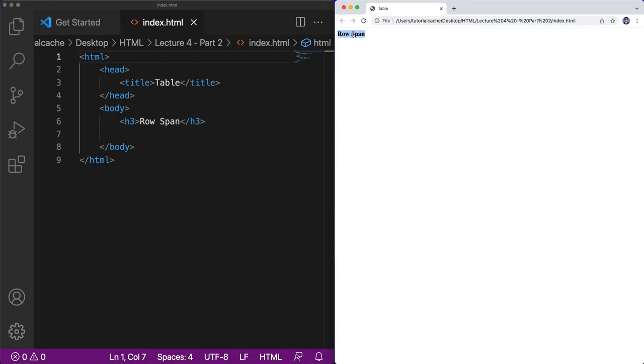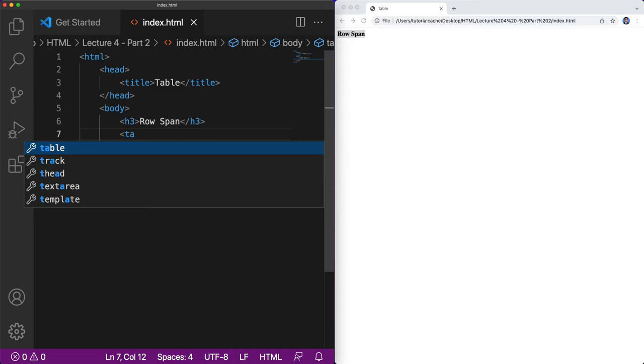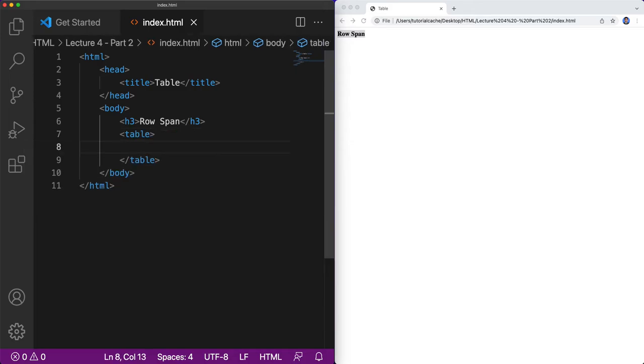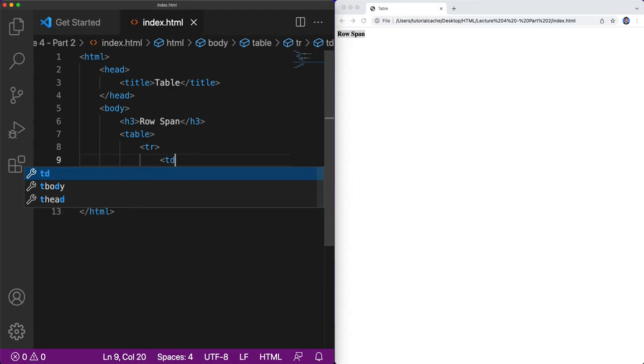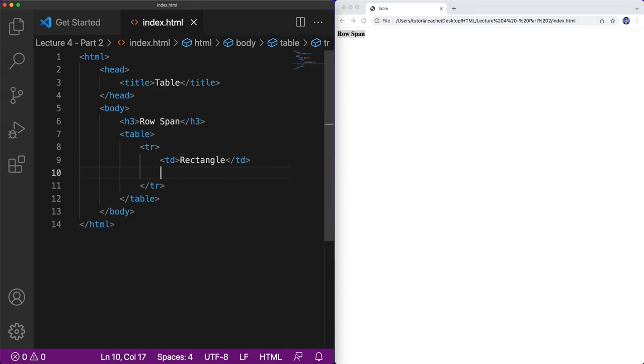To understand row span, let's first create a simple table, and in that table we will create some data inside the rows. For example, in the first row, we can take a geometry example. I have a rectangle,